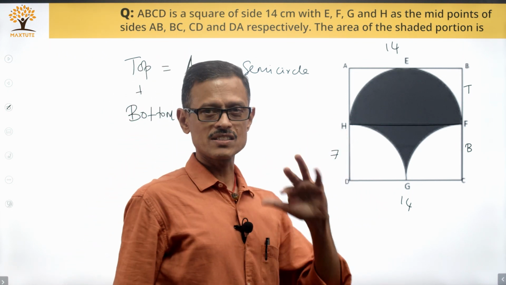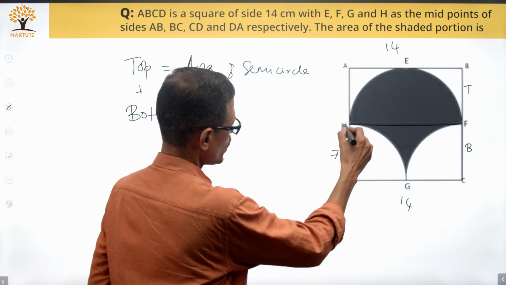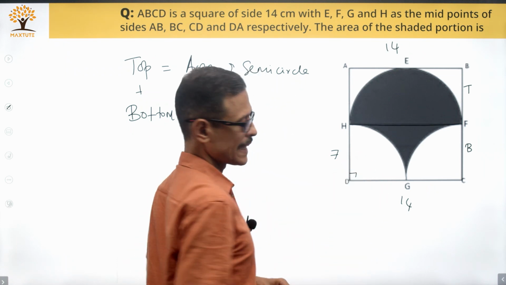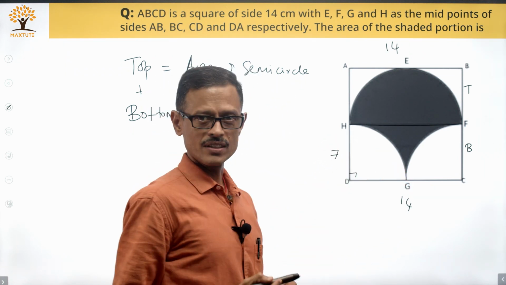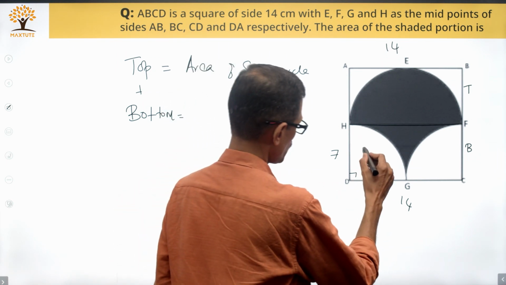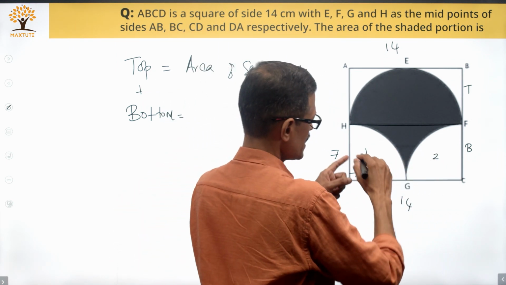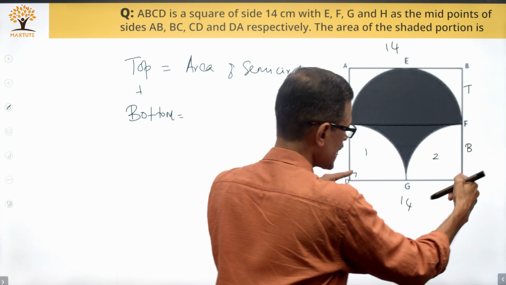So, this is half of it, which is 7. Again, let us hold on. What do we have here? This angle is equal to 90 degrees. The sector that is formed is obviously a quarter of a circle, a quadrant. So, we have one such part, 2 such parts, which will have to be removed from the area of this